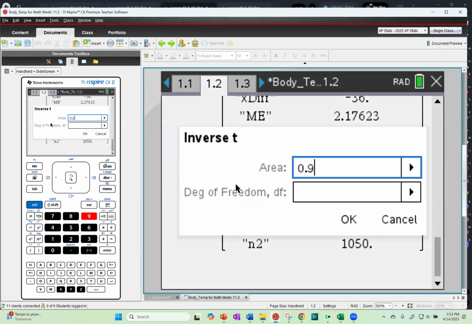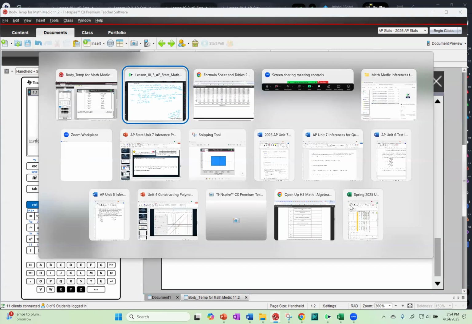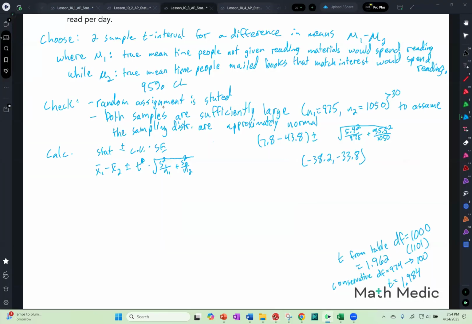So 0.975. Remember, it's a 95% confidence interval, 5% in the two tails. Half of that is 2.5, so 97.5 comes out to be that area. Degrees of freedom, 1101.19, gives 1.962. Notice this is pretty close to what the table gave us. And so you need to make sure that you're pretty accurate with this formula